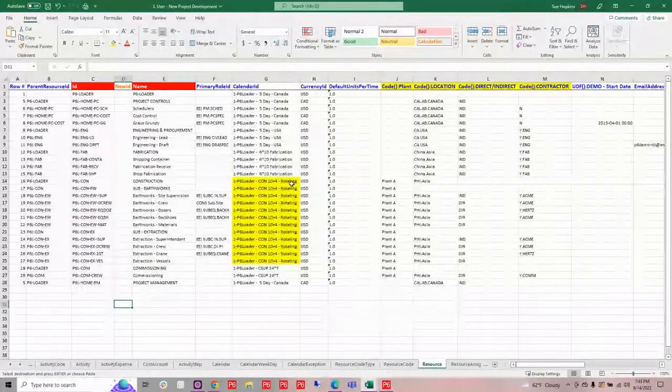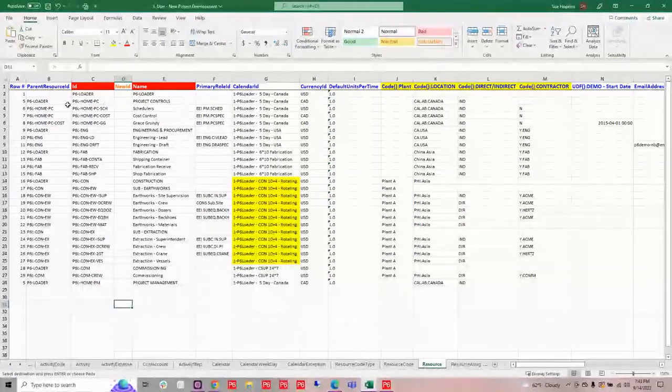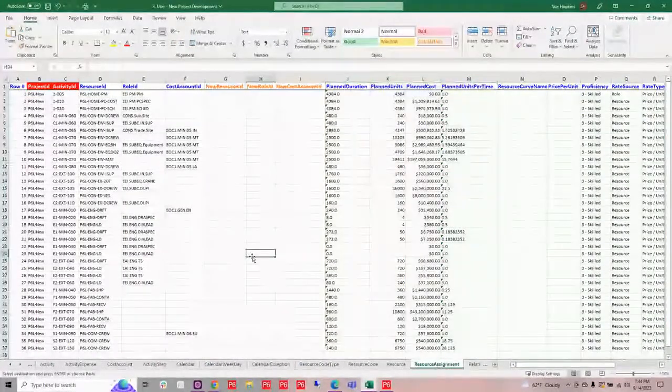And now I am going to start building out my resource library. So, of course, this is going under my P6 loader. I'm giving it some hierarchy as well. I'm assigning that calendar that I just created in those previous sheets, and I'm also assigning some codes for these resources. So once I have resources, of course, I'm going to want to assign those to some of my activities. So I have my resource assignments